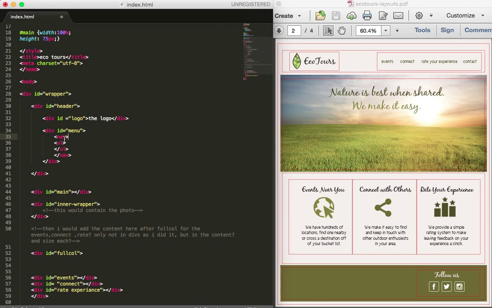So nav is like a div, it's like a paragraph tag, it's like an image tag. And the reason we use this is for two reasons. One, accessibility. So if someone is blind and they're using an accessibility reader, it will identify that this is a navigation for them. Two, it will